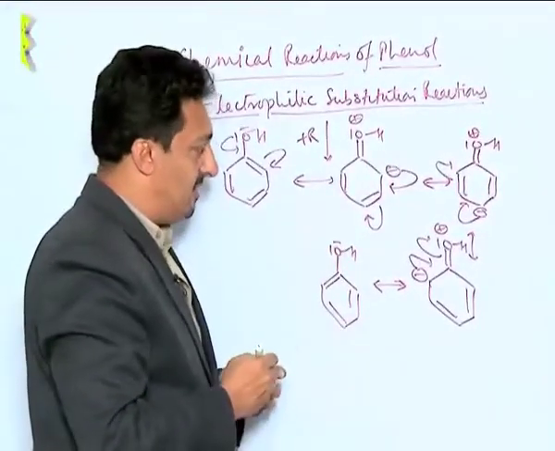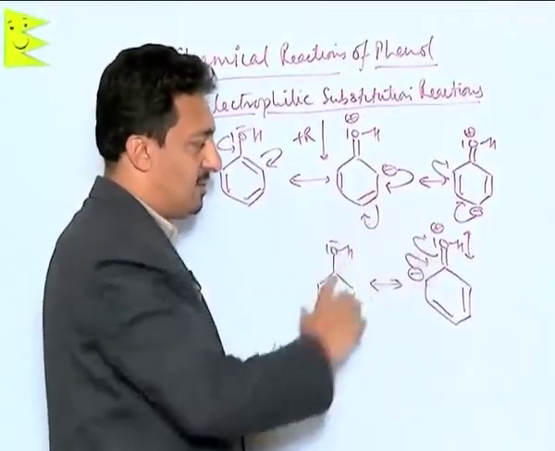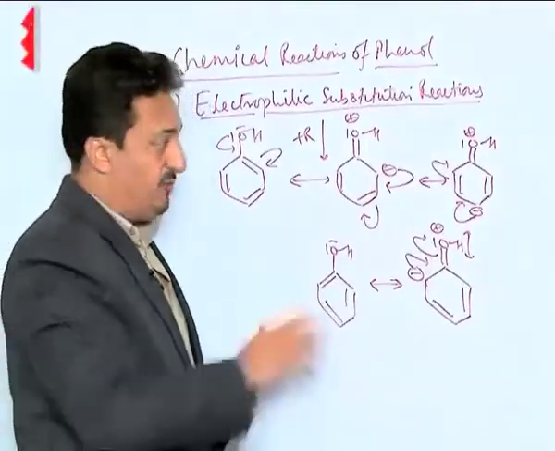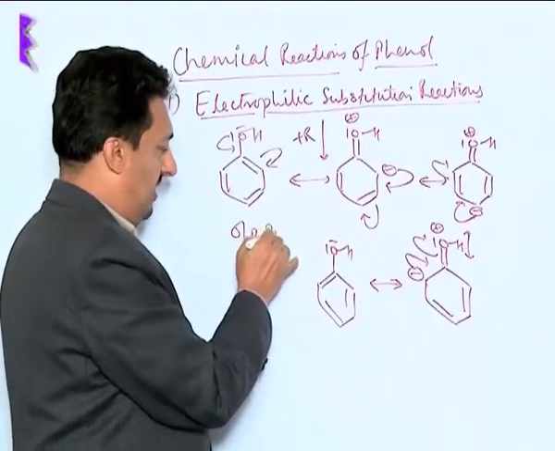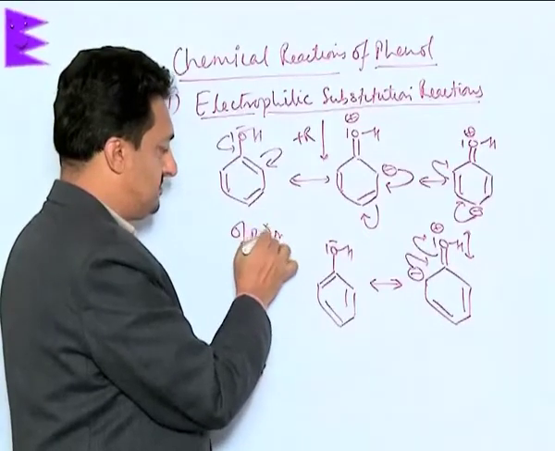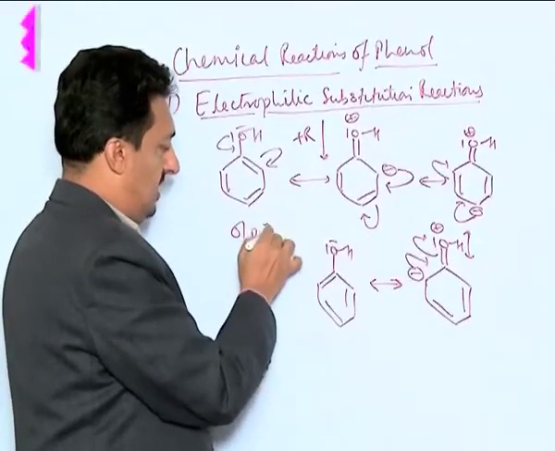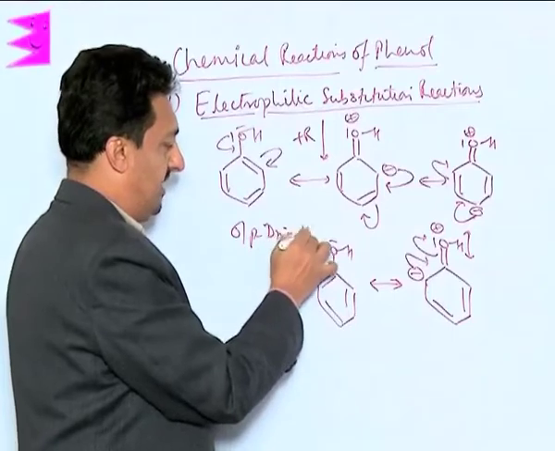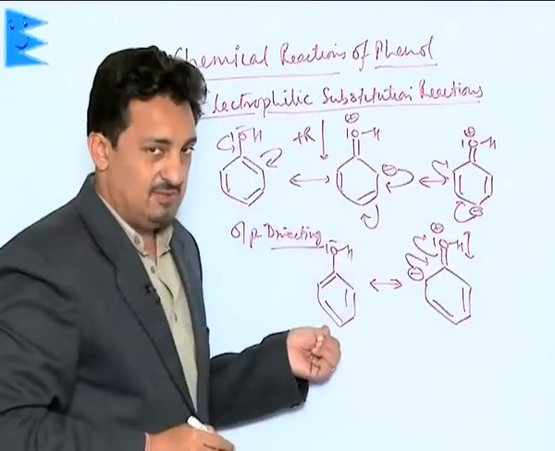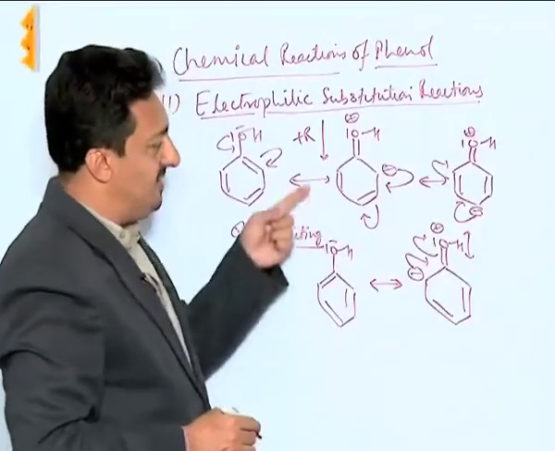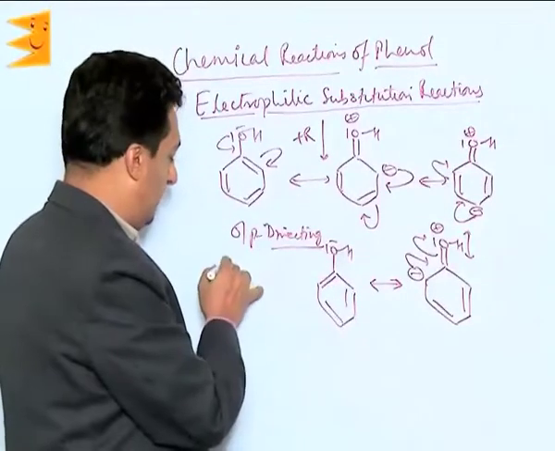And as a result, because of this, there is a high electron density at ortho and para positions. So therefore, due to their plus R effect, they are ortho and para directing, which means whenever we'll be doing electrophilic substitution, that will be taking place at ortho and para positions. And since they are giving electrons to the benzene, they are called ring